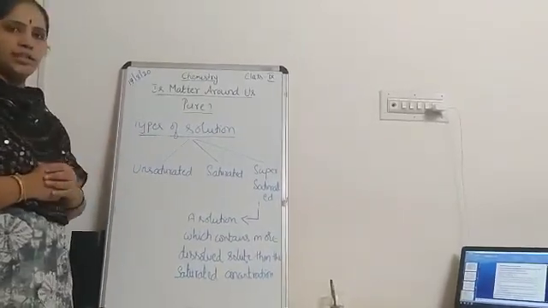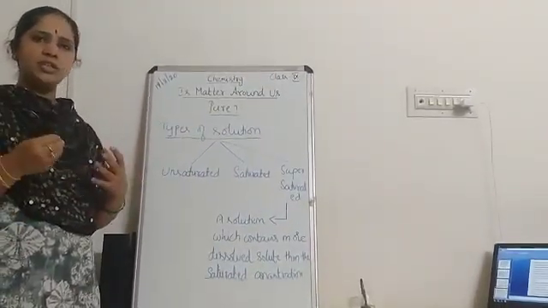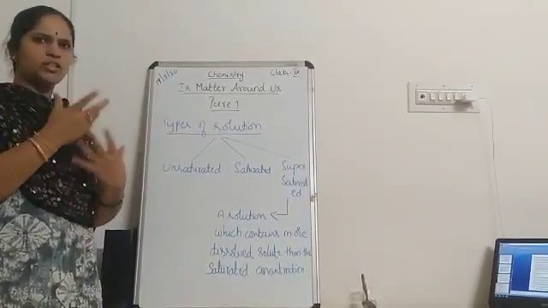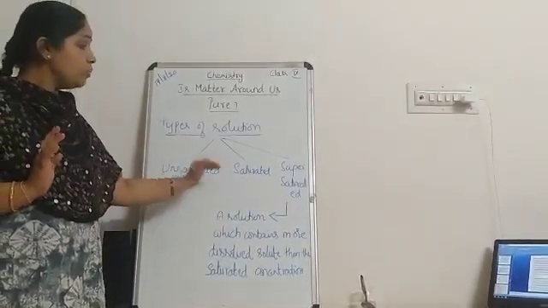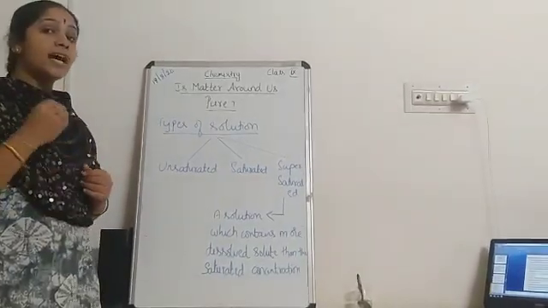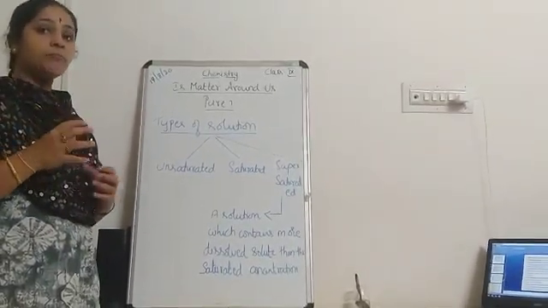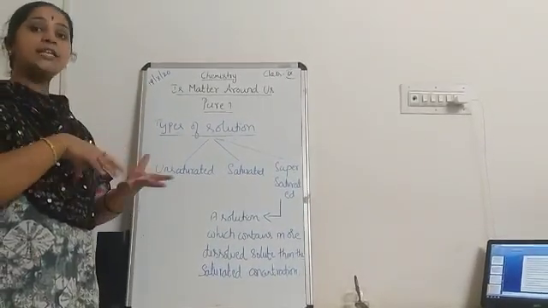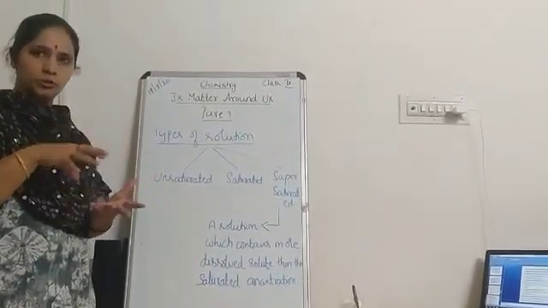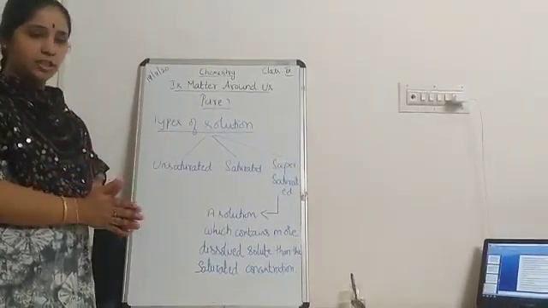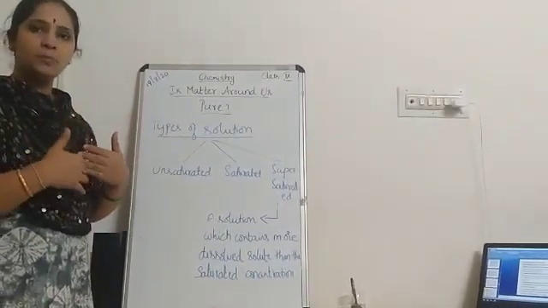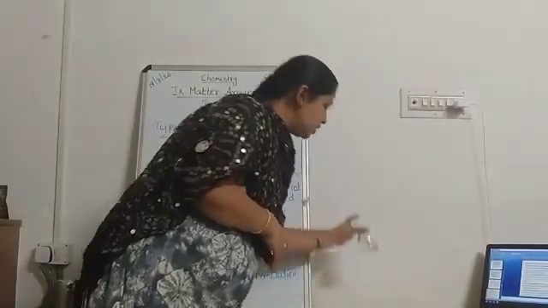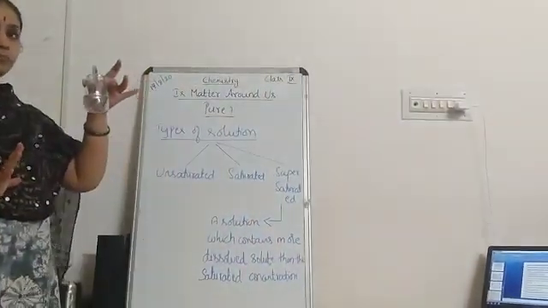What do you mean by unsaturated solution? Unsaturated solution is nothing but take a little amount of sugar, that is solute, dissolve it in solvent, so it becomes unsaturated. What do you mean by saturated solution? Saturated solution is nothing but the maximum amount of solute that is dissolved in a solution at that particular temperature, so that no more solute can be dissolved. Now for example, I will take the sugar solution only. So this is unsaturated solution.